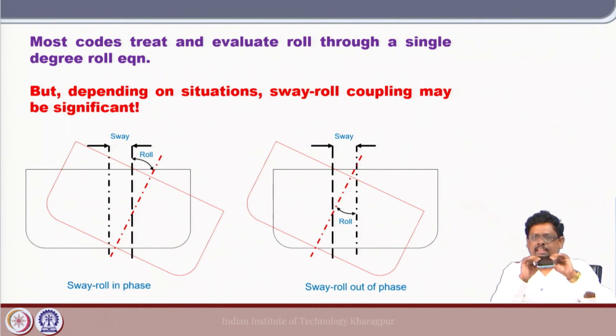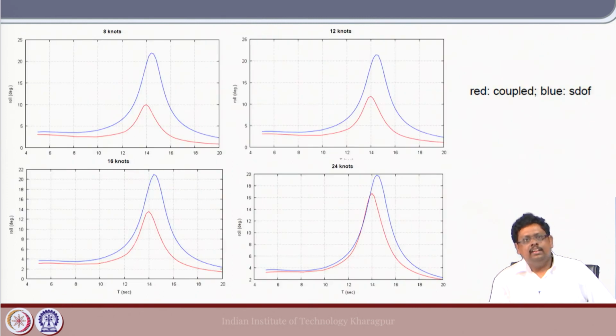So, here one should use the coupling between sway and roll. Okay. So, that is what, as the last part, I am going to show you: the red one is the coupled one, and the blue one is where I just use the single degree of freedom roll motion. Now, you can see that